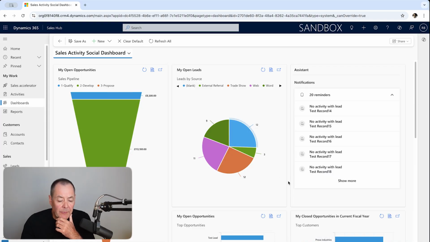And you can see here that we have displayed notifications. Now this is something we can add to any dashboard, including personal dashboards if you want to create those. But you'll see here under assistant notifications, I've got 20 reminders. Now insight cards are effectively reminders of a range of different things potentially. But as it's rendered here, most of this is all test data, and these particular reminders are all for inactivity